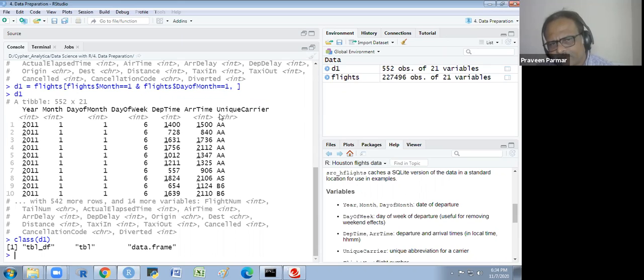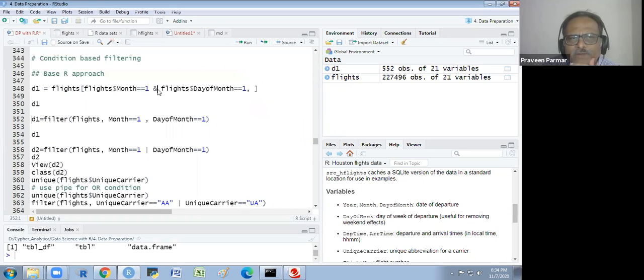Got it? So we get how many rows are there now. If I want to know, I use a pipe function, or, instead of and.